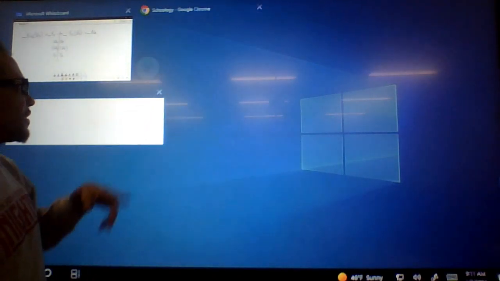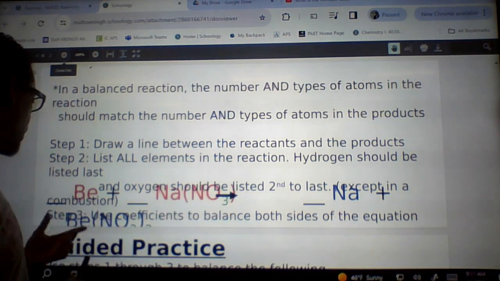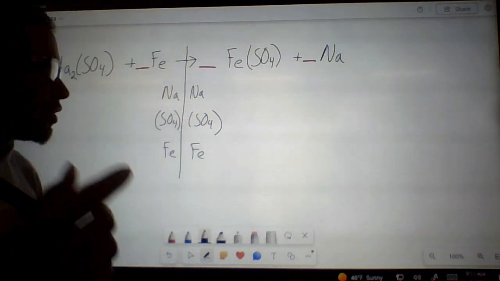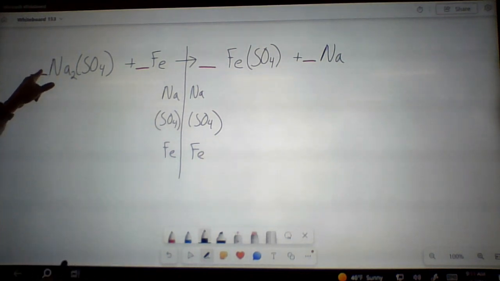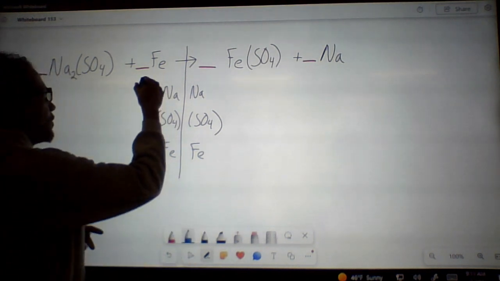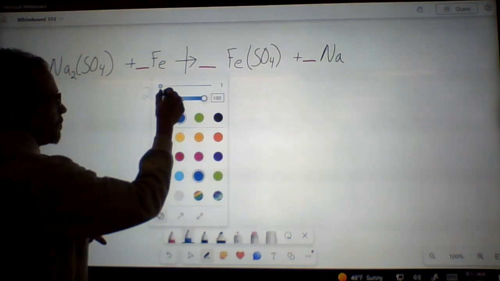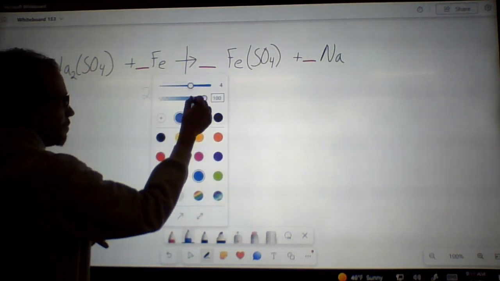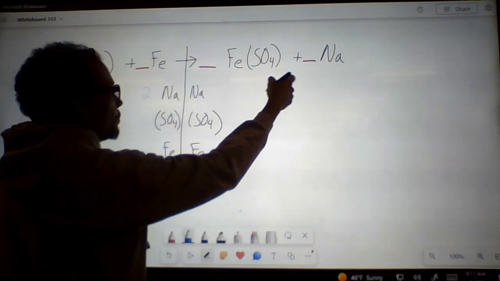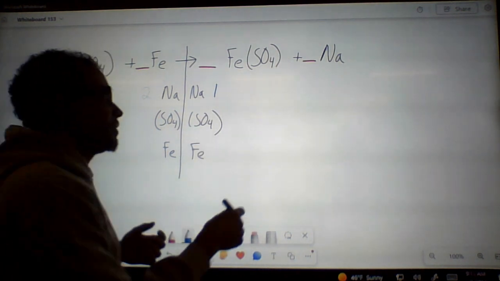What's the next step? We'll follow the steps. Step number three, use coefficients to balance both sides of the equation. That's pretty easy. So what we're going to do is start looking over here. This sodium, we have 2. So there's 2 over here. And then on this side, for sodium, we only have 1. So these are not balanced. To balance these out, we need the LCM